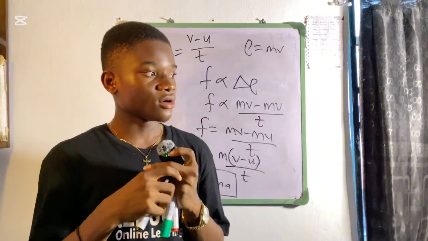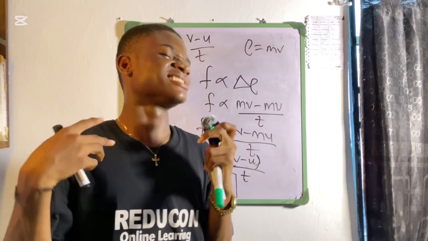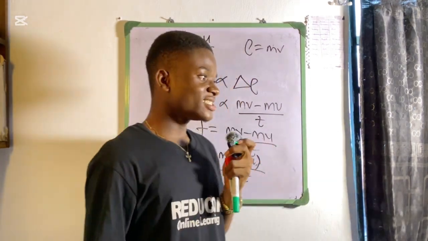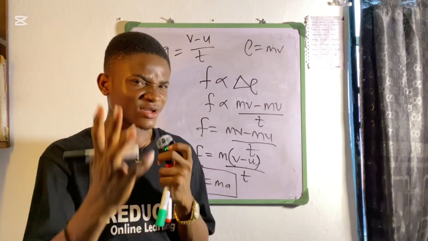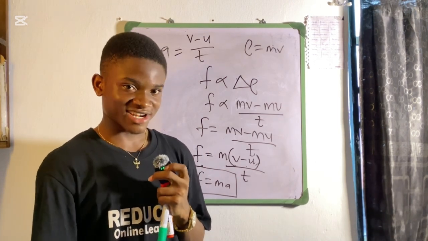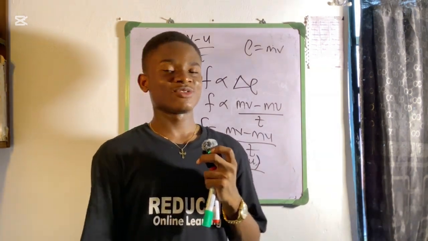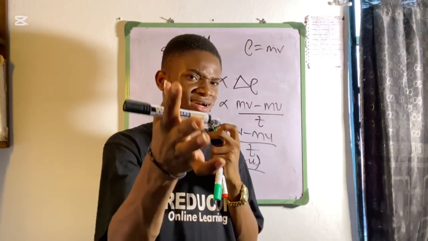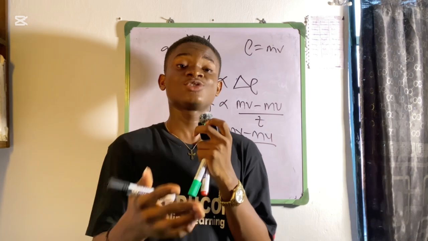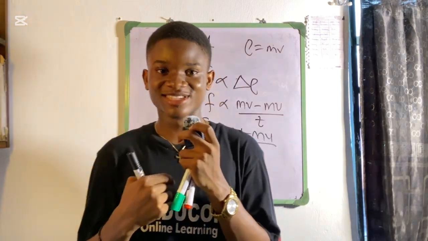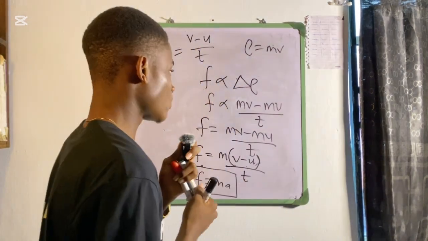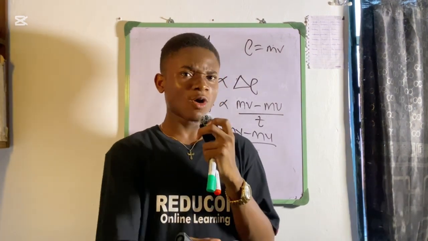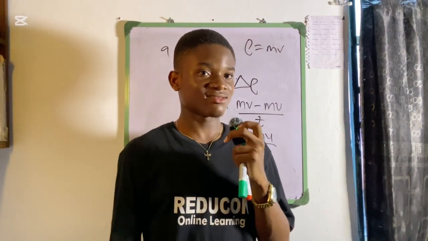Now, the third law is that action and reaction are equal and opposite. Imagine I give you a petty slap. What would be your reaction? Some of you will slap me back. Some of you will start crying. So that crying, that slapping back is your reaction to my action. So physics explains it in this way, that to every action, there's an equal and opposite reaction. That means I give you, you give me back.